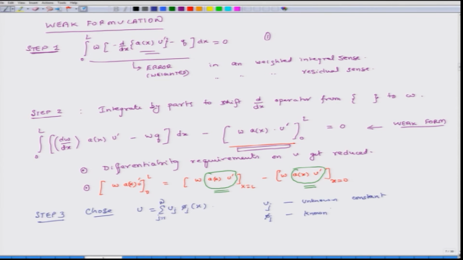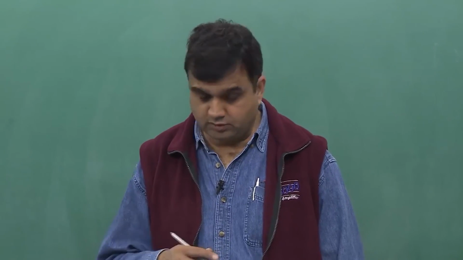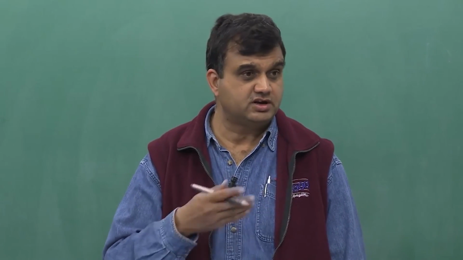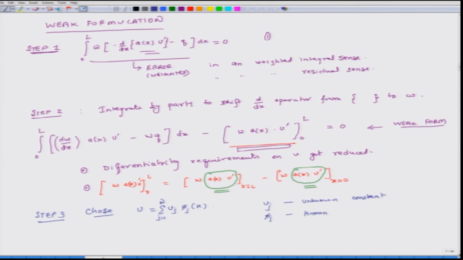Because we are making a choice whether it is a cubic function or a square function or a linear function, it could be even sinusoidal, there is no reason that it has to be polynomial, but polynomials are easy to integrate and differentiate. So, Fj is a known shape function, and in this case, if our domain is from 0 to L, then Fj has to be of a particular type such that it should satisfy essential boundary conditions.